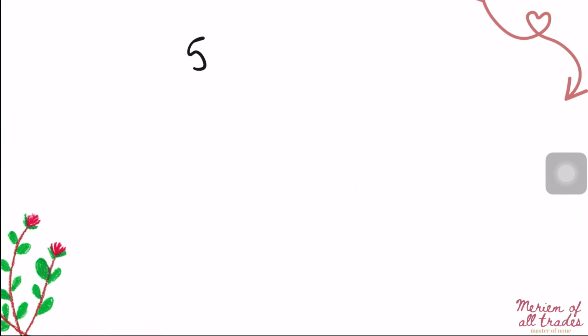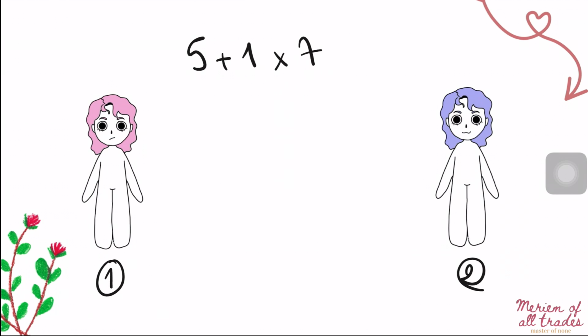Let's say you have this question to answer. How do you solve this question? 5 plus 1 times 7. Now here we're going to get two people, person 1 and person 2. Now for this question, person 1 is going to do 5 plus 1, which is 6, times 7, which is